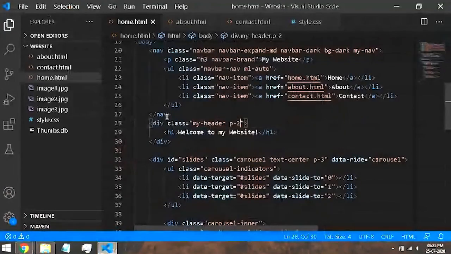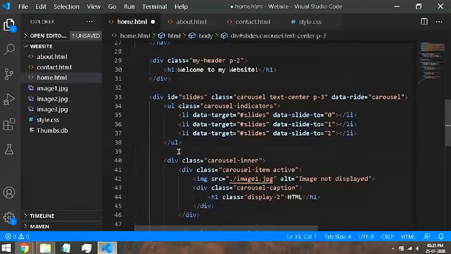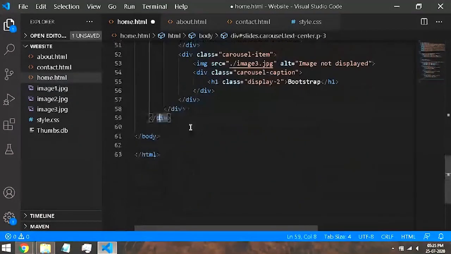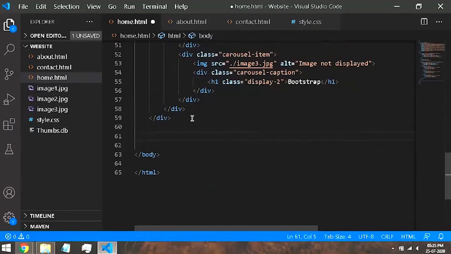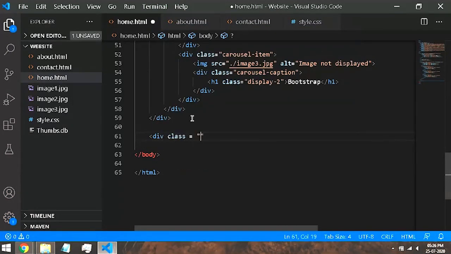So now let's move further. Let's add some more elements into our website. I will show you other elements as well. So the carousel was done. Now what we can add is, let's add some text into our website, and that too text which is good looking and not the text which I showed you earlier. So for that, firstly, I will create a division with the class called row. Now what is a row class?